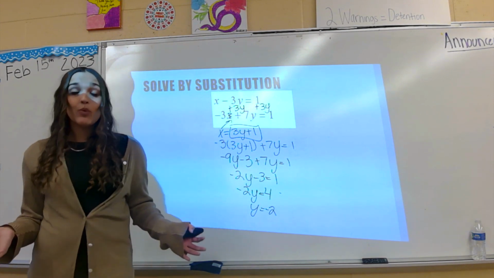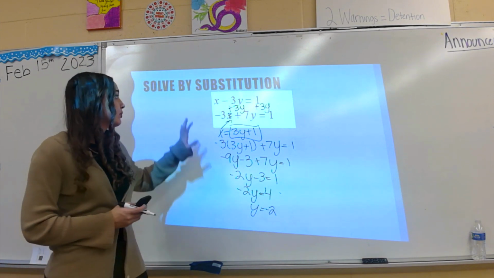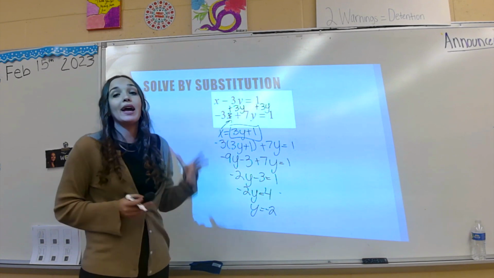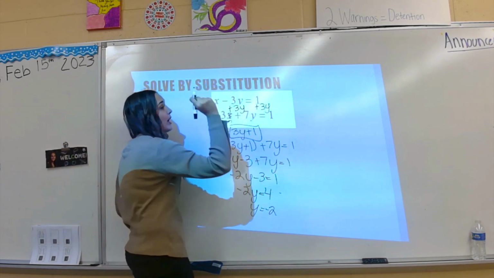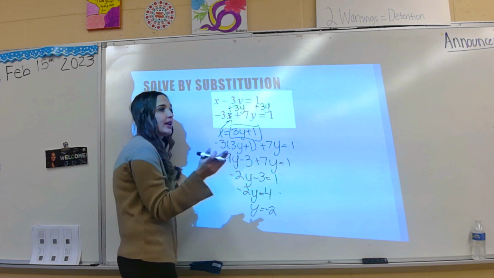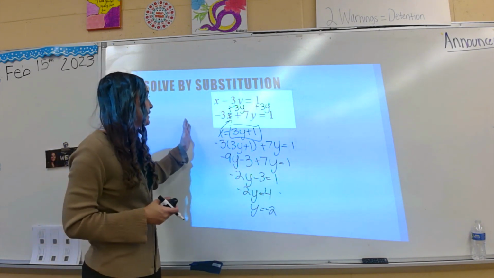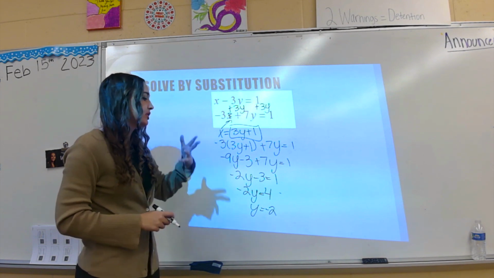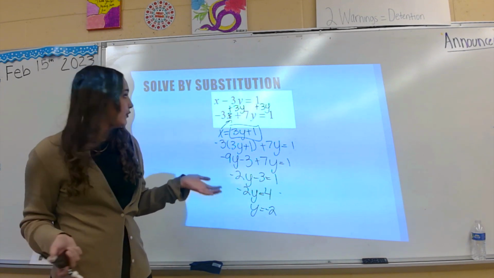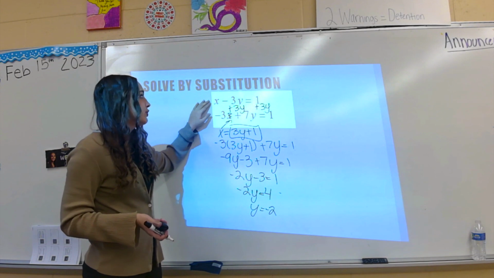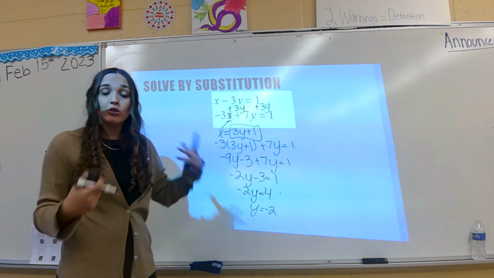Once again, once I get my y is negative 2, I'm going to plug it into one of the original equations, because what if I accidentally just took this negative 3y, plopped it onto the other side, and said I was good to go? That's not going to help us there. We don't want that. So if I plugged it into my manipulated one, I would just think, oh, I'm good to go. If you plug it into your original, you should get an integer, and you'll know you did it